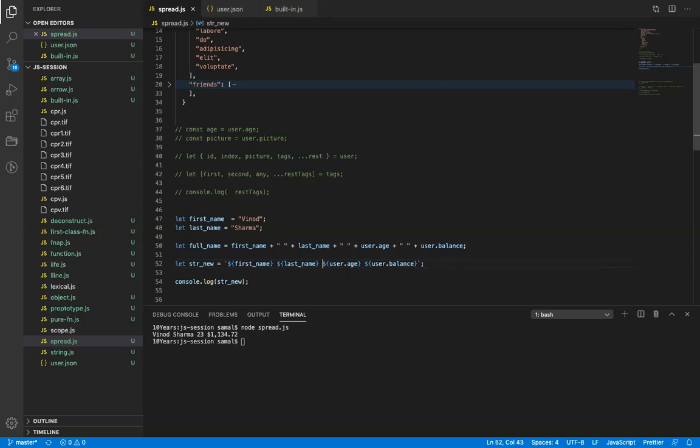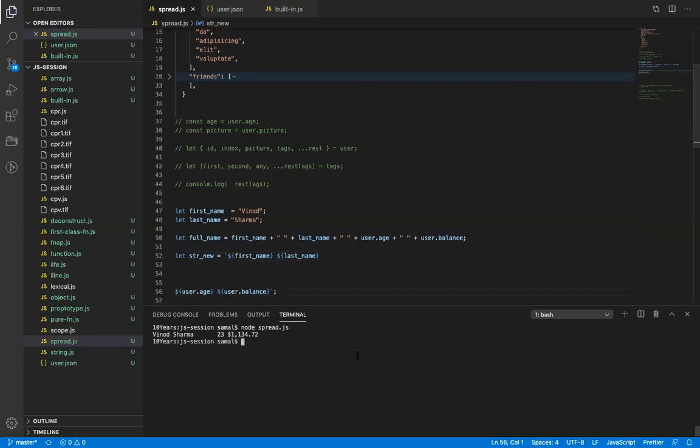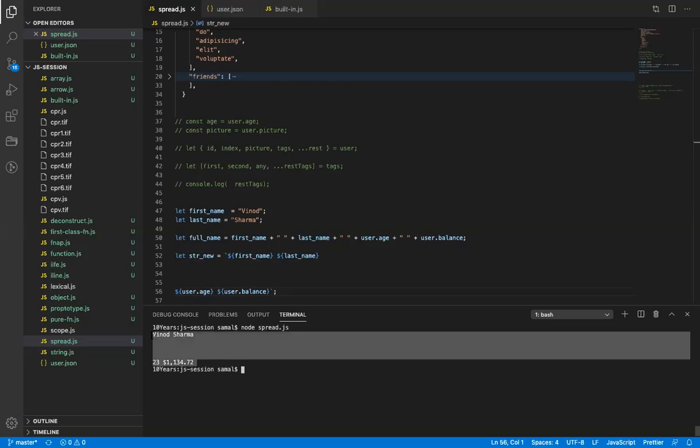But this is one thing I have to mention. Let's see if I give a space. It preserves the space. You will see if I give a new line to this, it preserves that too. So this is the drawback as well as the feature. Sometimes this is not a desired outcome, but sometimes it is. So we cannot call it a bug or a feature; different people have different perspectives. So you just have to remember that.